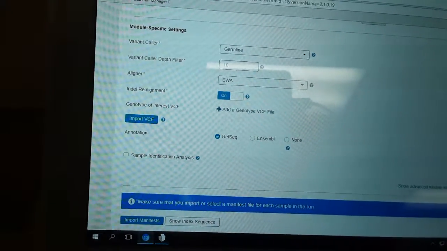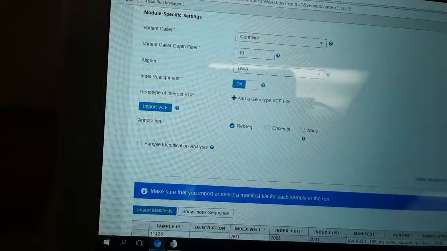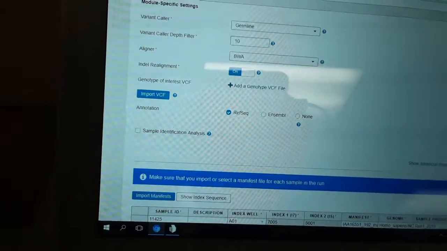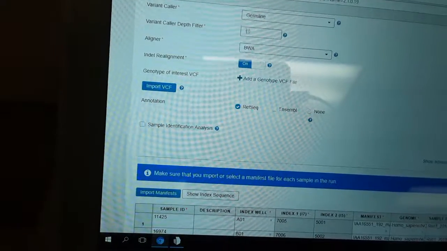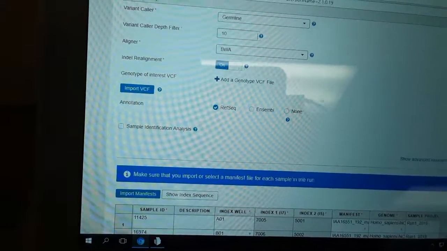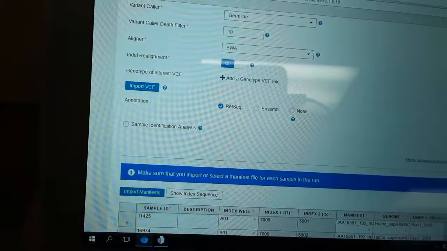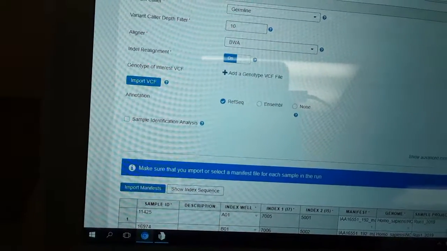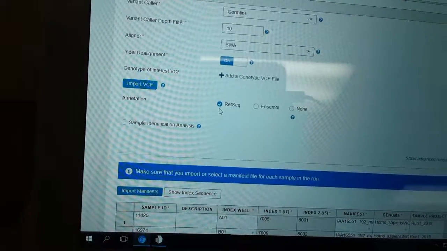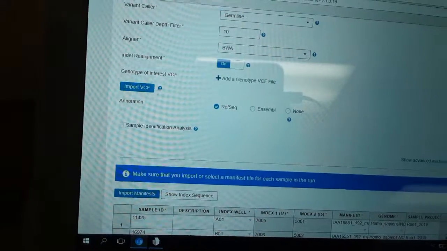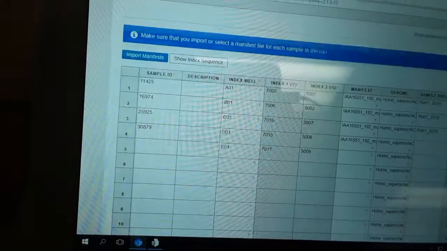BWA is the aligner that we'll use. Indel realignments are on. We're not using an imported example VCF file. That's optional. We don't need to do that. The annotations are going to be on the RefSeq part of the database, and once this runs and I requeue